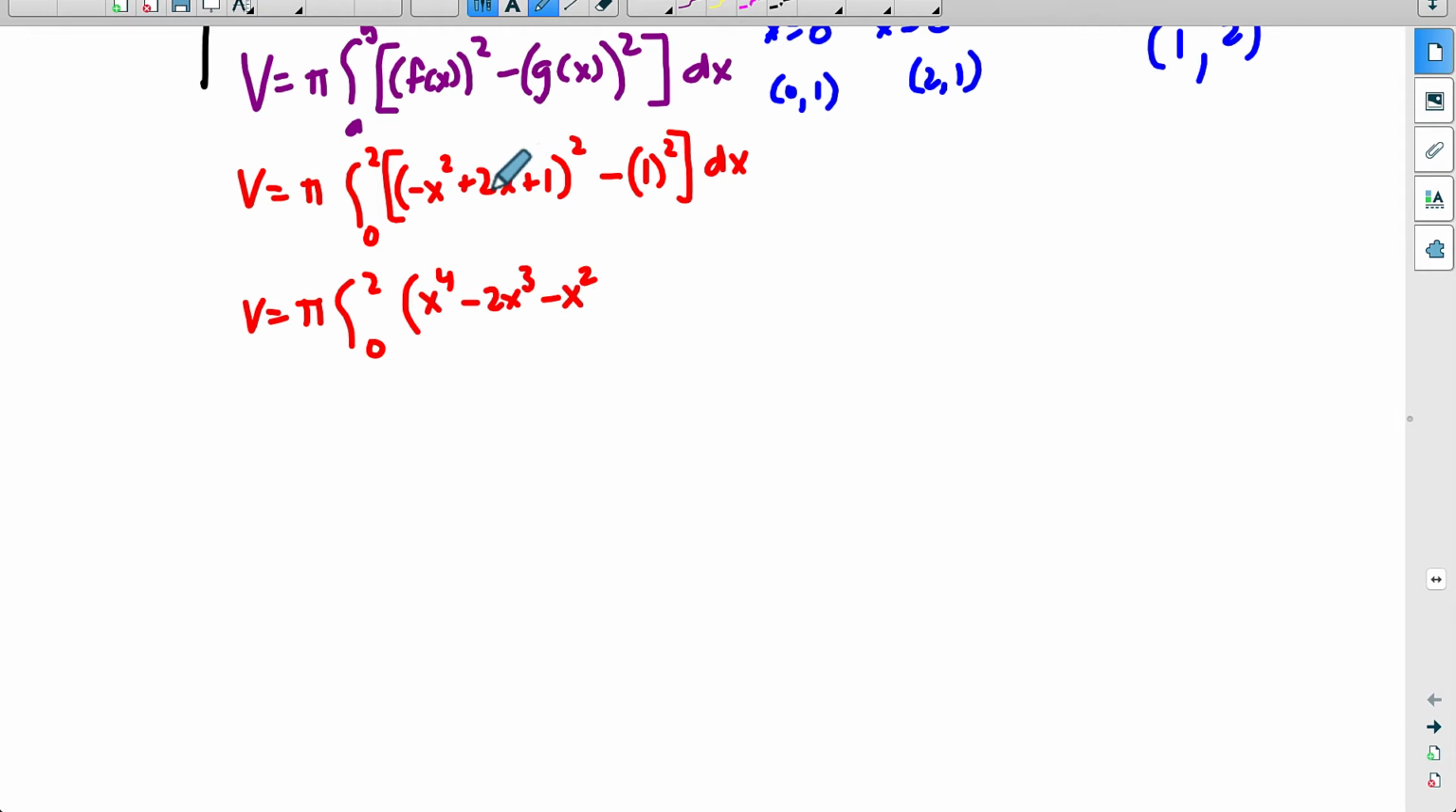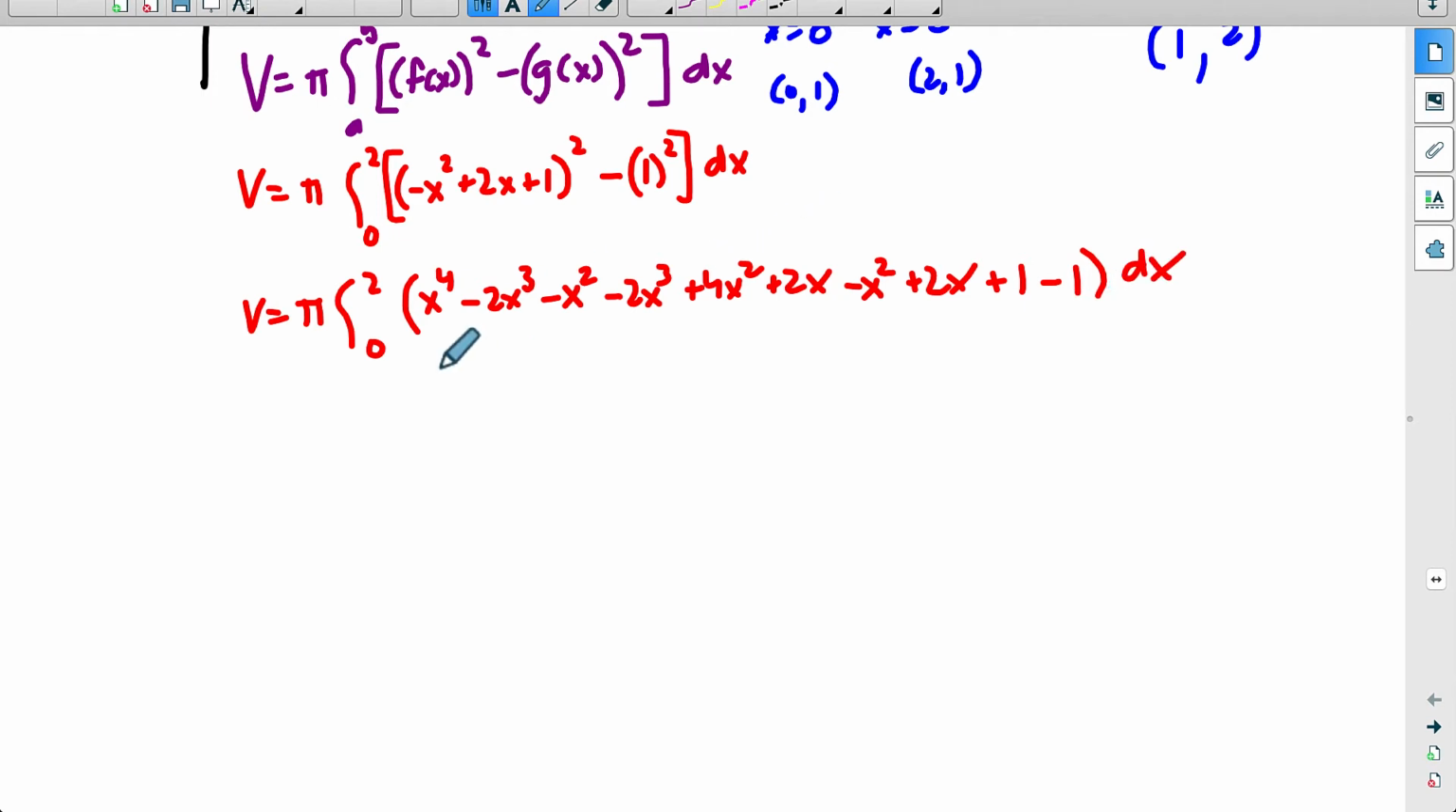Now I need to multiply 2x times all these. 2x times negative x squared is negative 2x cubed. 2x times itself is 4x squared. And 2x times 1 is 2x. Now I need to multiply 1 by all these things. Everything stays the same when you multiply by 1: negative x squared plus 2x plus 1. And then we need to take away 1 squared, which is